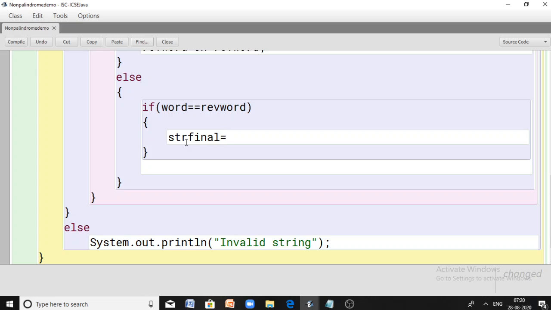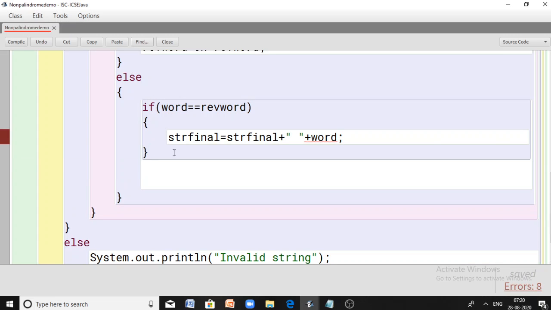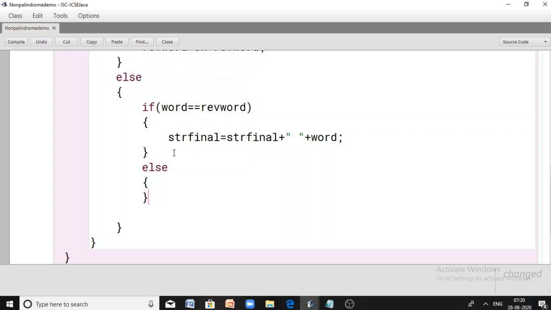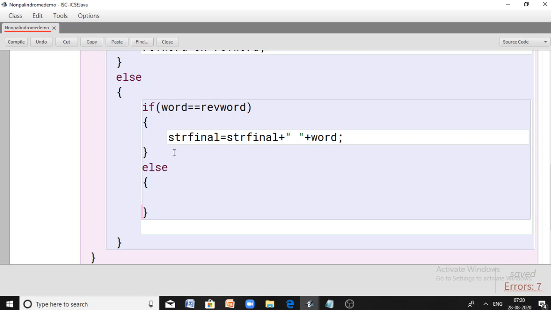So str final is equal to str final plus, leave a space because between the words there should be a space, then add the word, right? Else, it is not a palindrome word. So we have to do the necessary processing to convert it into a palindrome word.